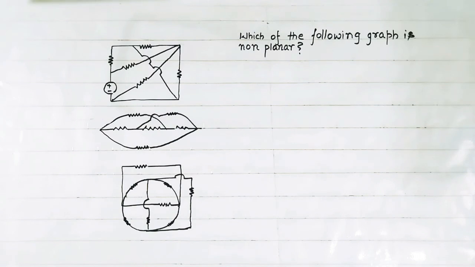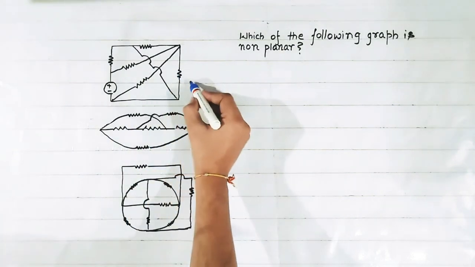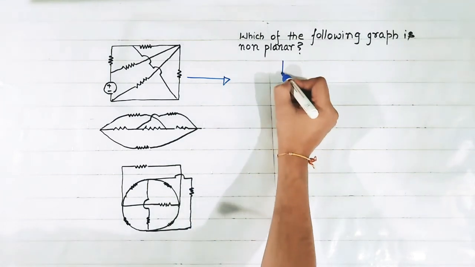Now see this question. In this question we have to tell which of the following graph is non-planar. Non-planar graph means the graph which cannot be represented on a plane. So see first this graph. This graph can be redrawn as,